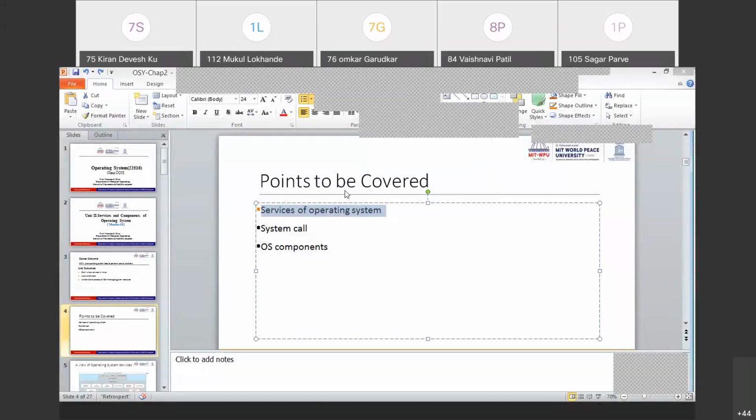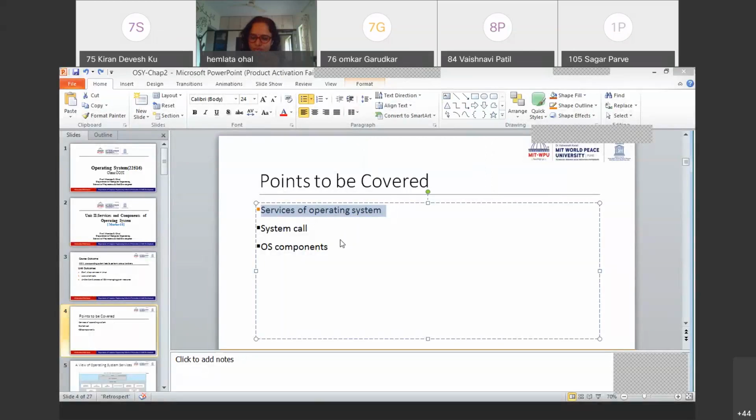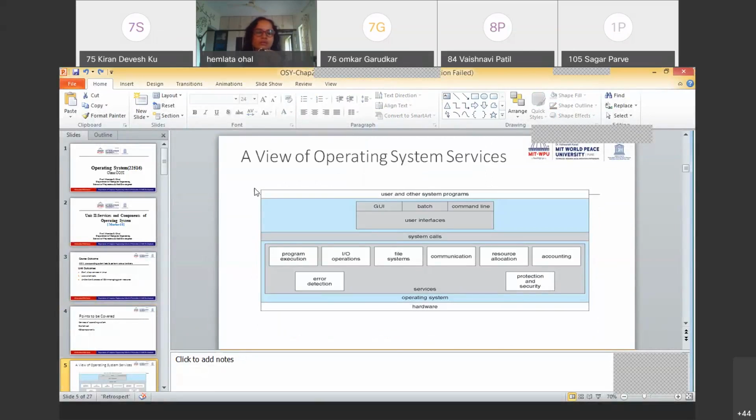Good morning again, once again, we are going to start with chapter number 2. And the major point that we are going to learn today is the services of the operating system. Now, to give an overall look, this view of the operating system is what this blue box indicates,